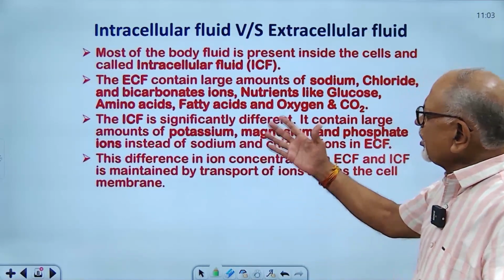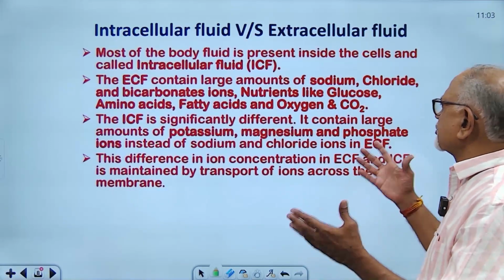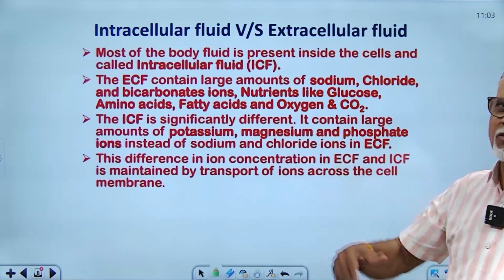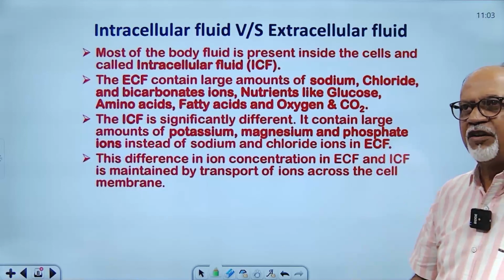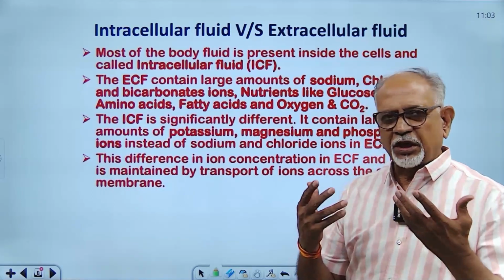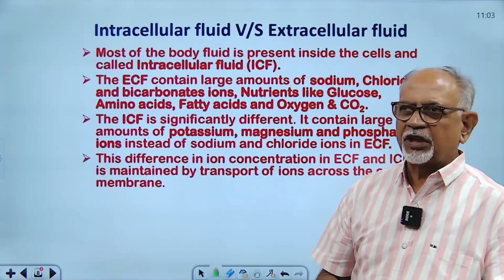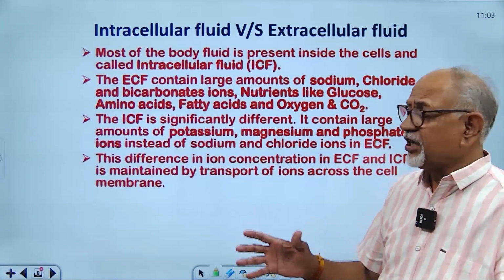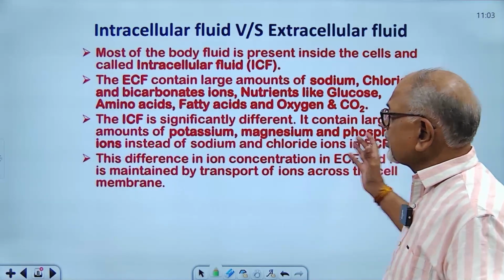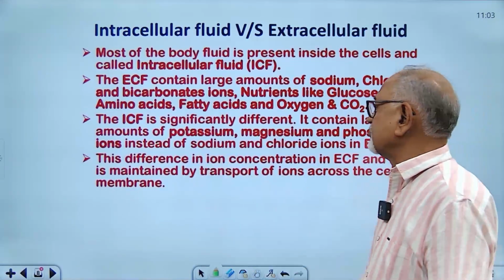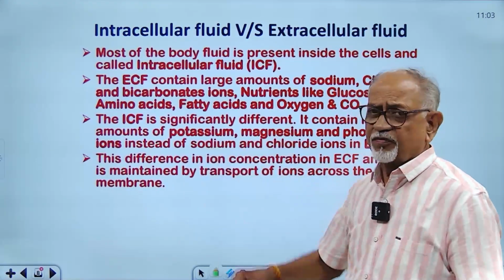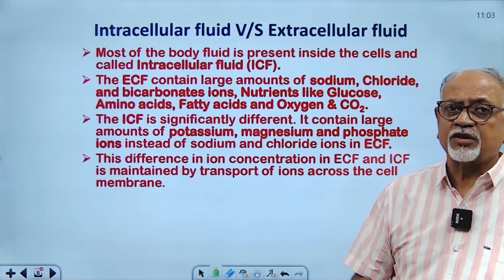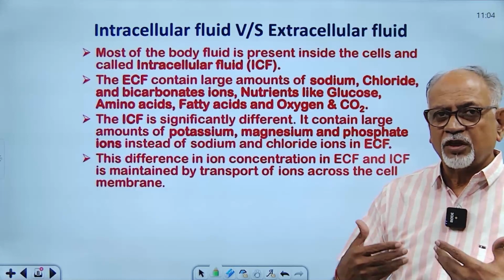The extracellular fluid contains a large amount of sodium, chloride, bicarbonates, the nutrients, the respiratory gases and all that, whereas the ICF is significantly different from it. It contains a large amount of potassium, magnesium and phosphate as compared to ECF, in which a large amount of sodium, chloride